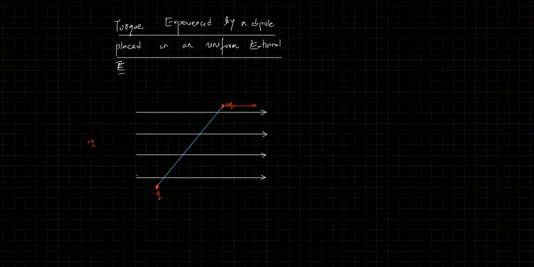Let us call this force plus QE. From where am I getting this? I am getting this from the expression: electric field is equal to force per unit charge. Similarly, the minus Q charge also experiences a force, but it is getting attracted, so it goes this way. So this is minus QE. Correct? And the dipole subtends an angle theta with the electric field.